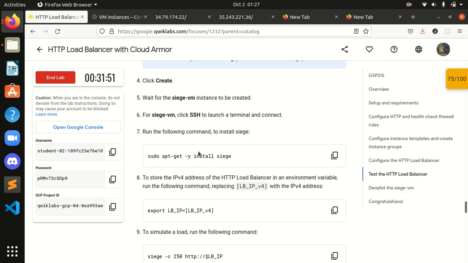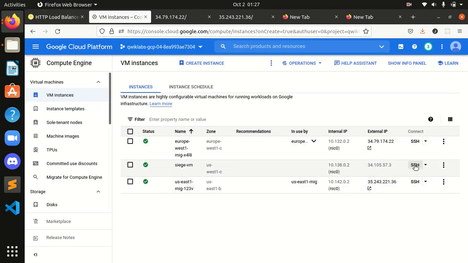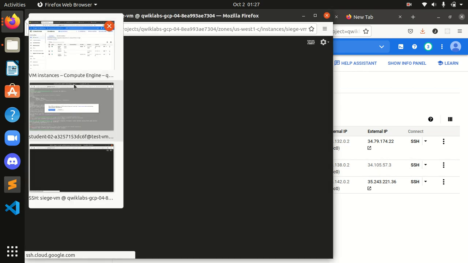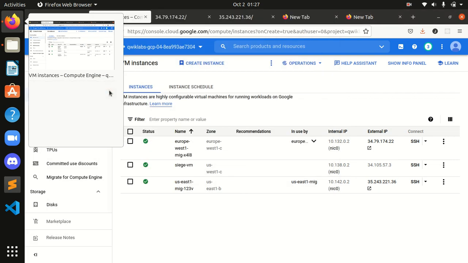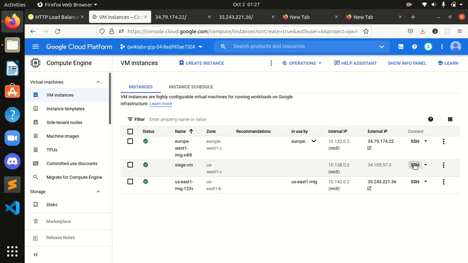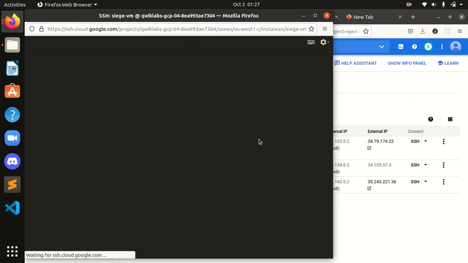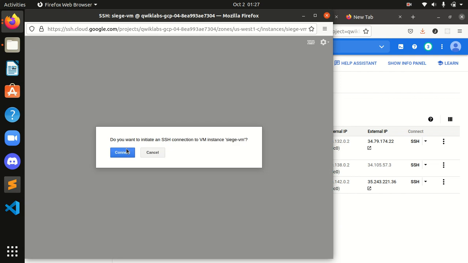So for Siege VM, click SSH to launch a terminal. We have to run the following command in the SSH terminal. Copy this command. For this Siege VM, I will click here. Let's get connected to our SSH terminal, guys.